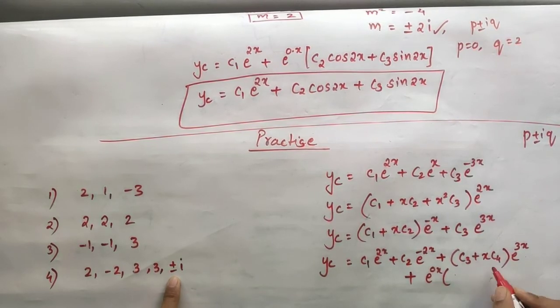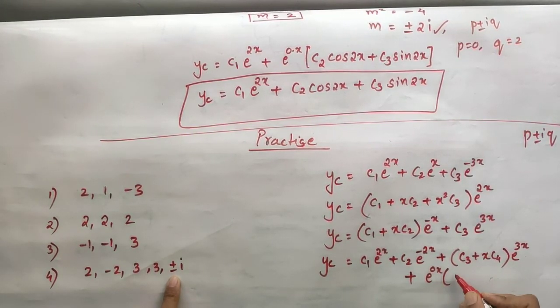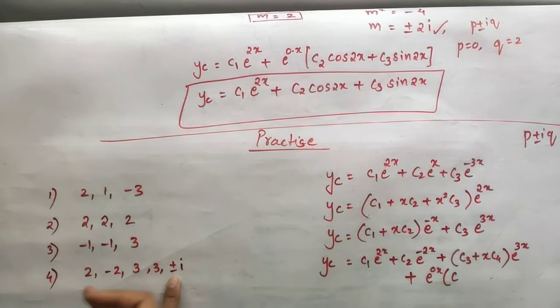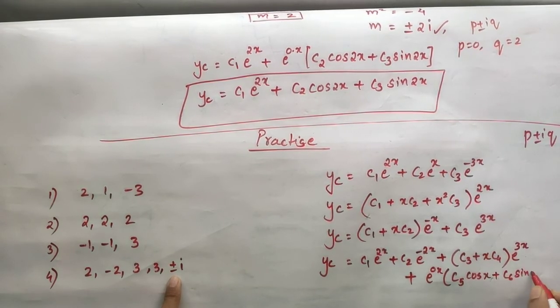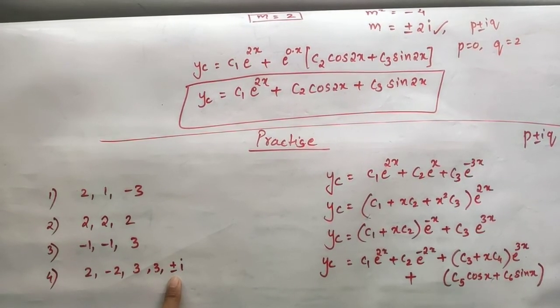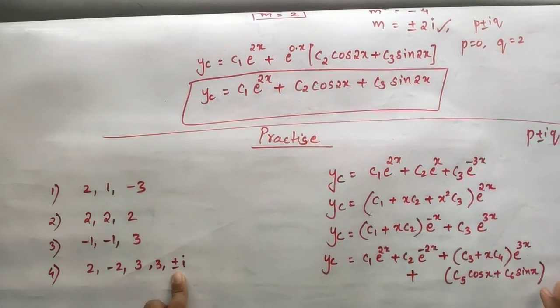Okay, now already C3 and C4 are used, so use some other constant now. Arbitrary constants anyway, so you can take as many constants depending on the roots, right? So there are 6 roots here totally, so you must use 6 constants separately. Okay, C5 cos imaginary part of the root, which is 1 into x, plus C6 sine of the imaginary part of the root into x. Okay, e to power 0 is anyway 1, so you need not even write that. I have just written to make you understand that the pattern is followed. Okay, nothing else. I hope up till here everything is clear to all of you.